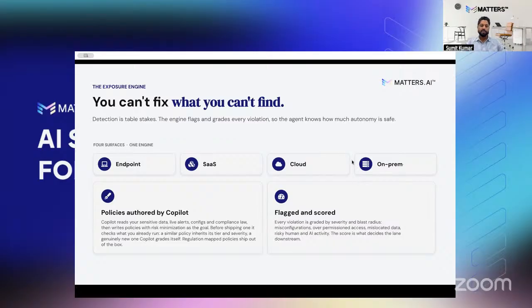Second, every exposure is identified and scored based on both severity and potential impact. And that includes misconfiguration, excessive permissions, and misplaced sensitive data, and risky behavior from either humans or AI systems. And that risk score isn't just informational, it's the